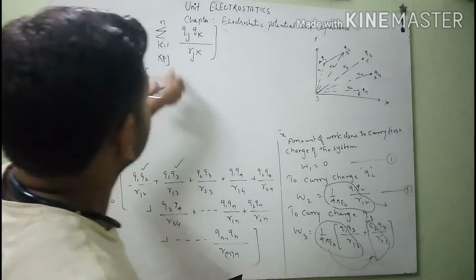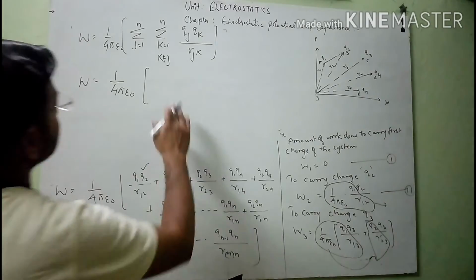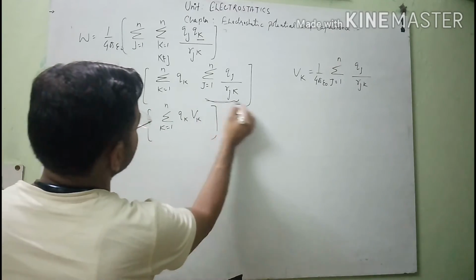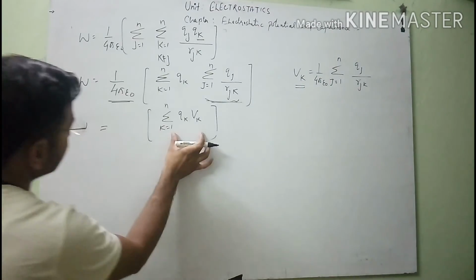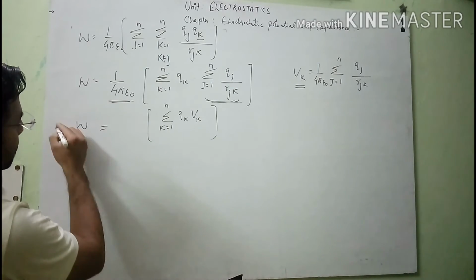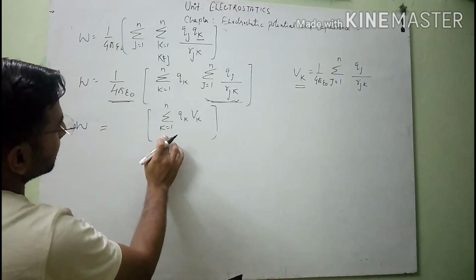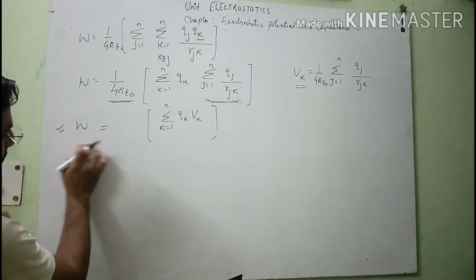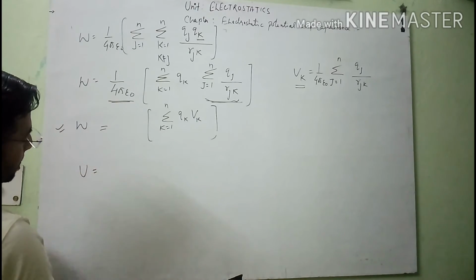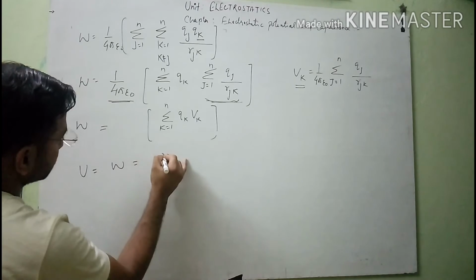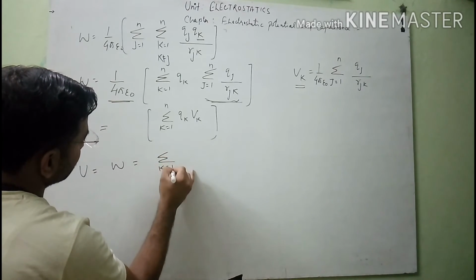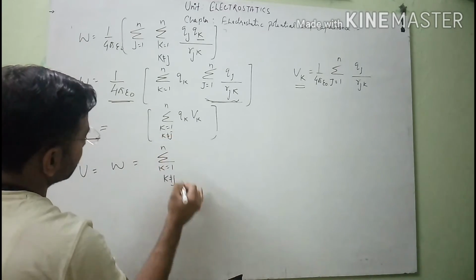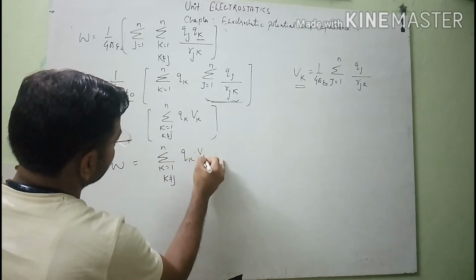So here I will write this equation in terms of electric potential. Students, see here, in the form of electrostatic potential, I will substitute the value of this, and this equals Vk in this derivation, and we will get the total amount of work done. W is equal to sigma k equals 1 of qk into Vk. At last we see that this amount of work done is stored as the electrostatic potential energy of the n point charge system. So U is equal to W is equal to sigma k equals 1 to n, where k is not equal to j, of qk into Vk.